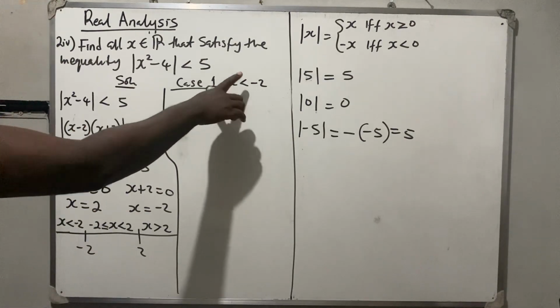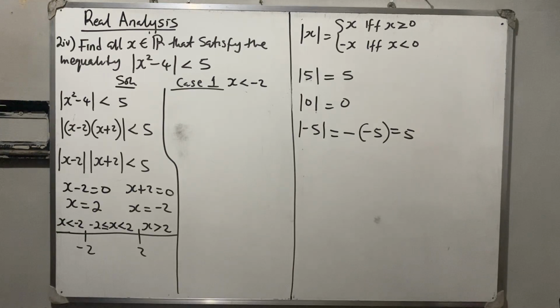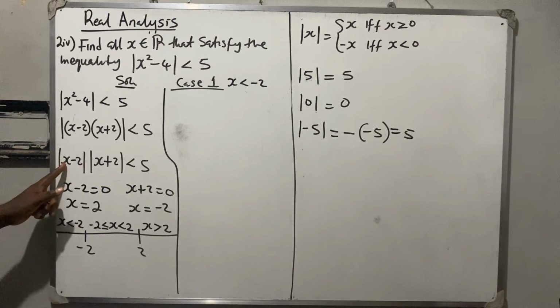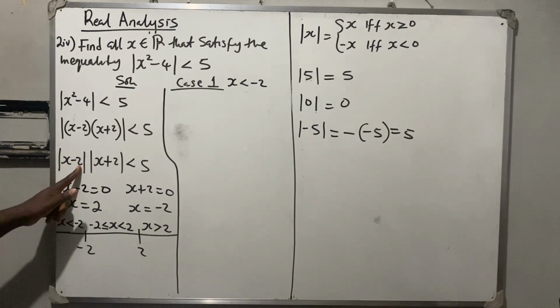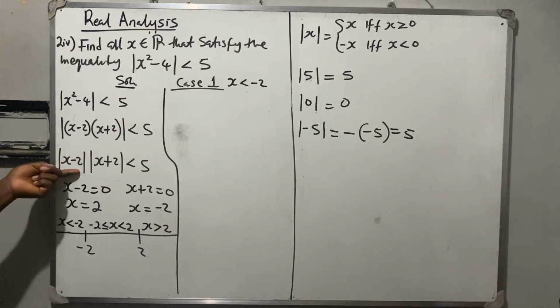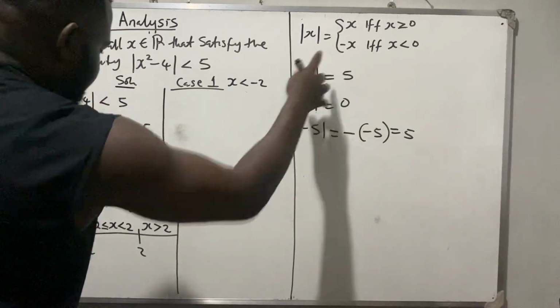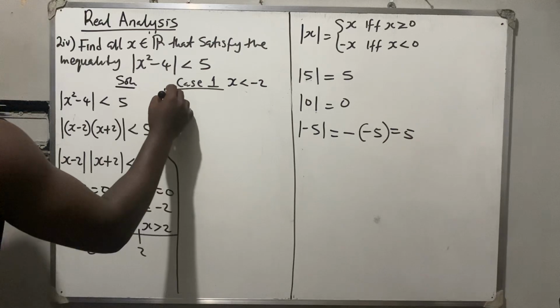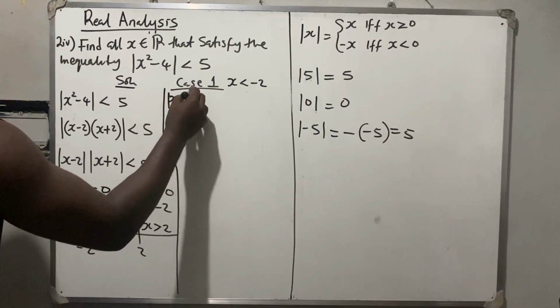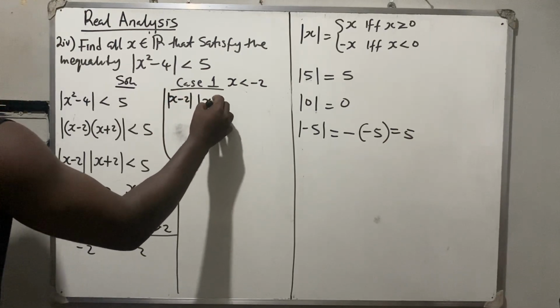So choose any number that is less than minus 2. That is, minus 3 is less than minus 2. So if I put minus 3 here, minus 3 minus 2 will give you what? Minus 5, which shows that this expression here is negative. And absolute value says that if it is negative, it's going to be the negative of itself. So to get this, I have the absolute value of x minus 2,